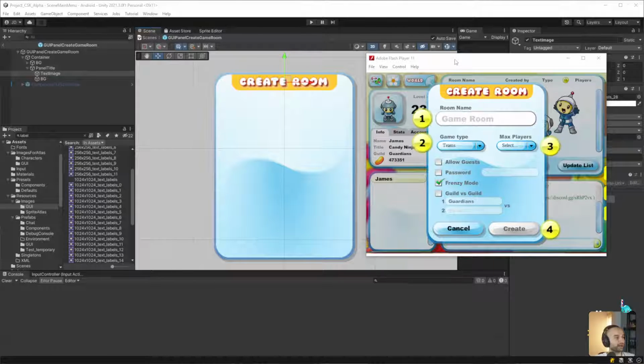Okay, so what we're going to have is there's going to be low battery. Okay, that's fine. So there's going to be a game type. How do I want to illustrate that? Because I don't want to do drop downs like this.